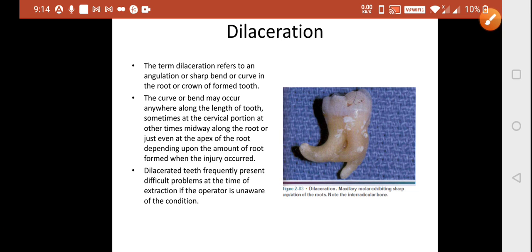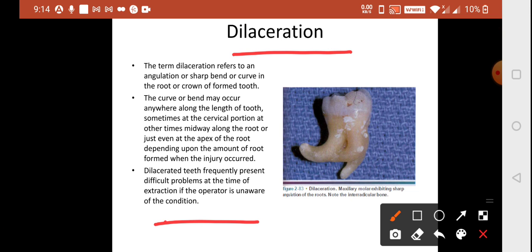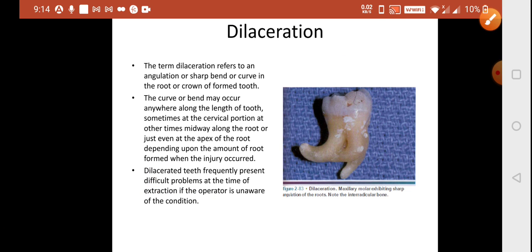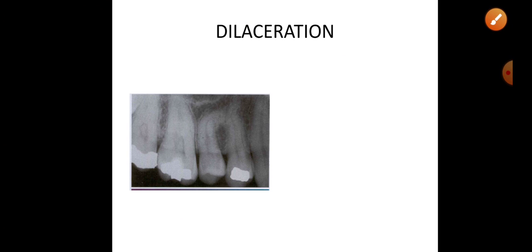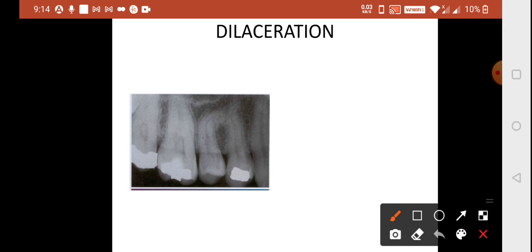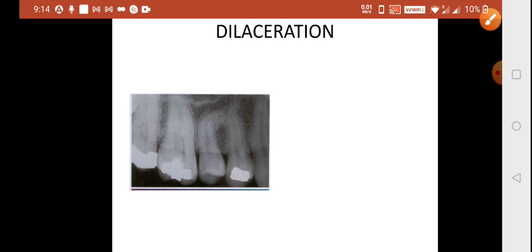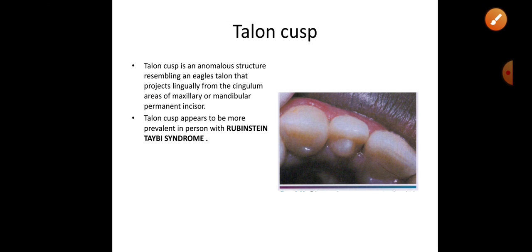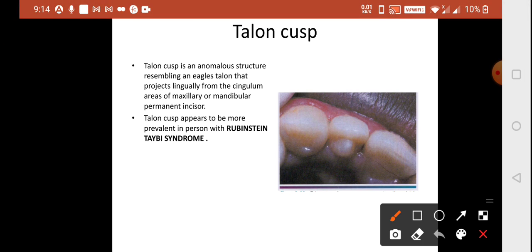So the clinical significance of the dilaceration is that it can present difficult problems at the time of extraction, so it is very necessary to look at the radiograph before extracting a dilacerated tooth. You can again appreciate here radiographically, this is a simple root that has been angulated. Clear? Done? Next we come to the talon cusp, and a lot of questions are